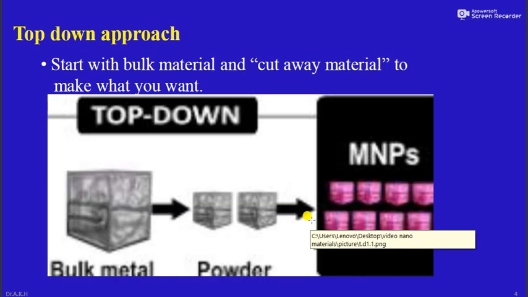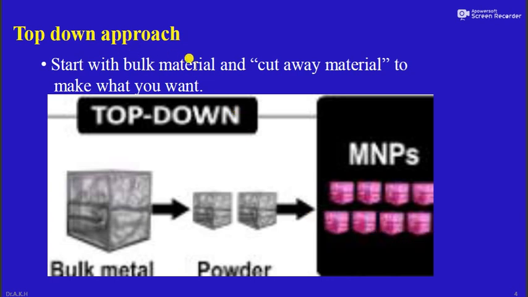Top-down approach. Top-down approach starts with the bulk material and cuts away material to make what you want. Here you can see this is a bulk material. This bulk material is cut away into powder form into the metallic nanoparticle. Top-down approach is a solid state processing of the material. The route is based on the bulk material and